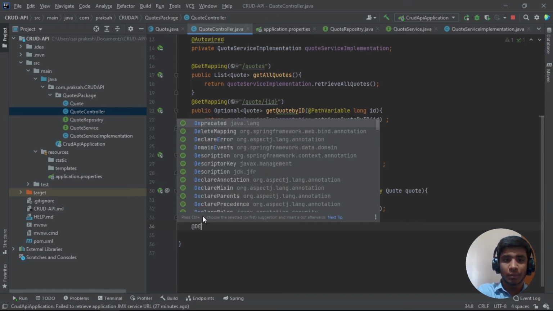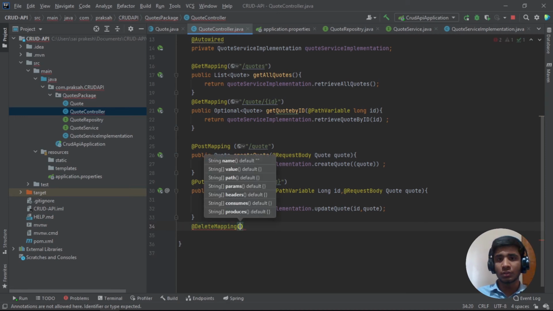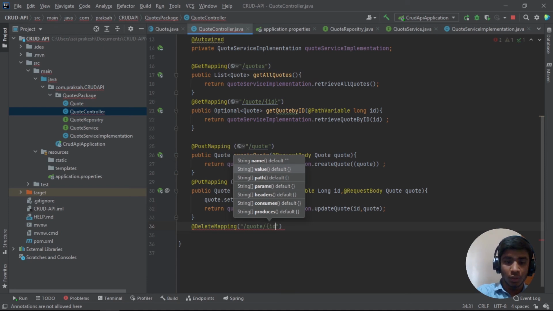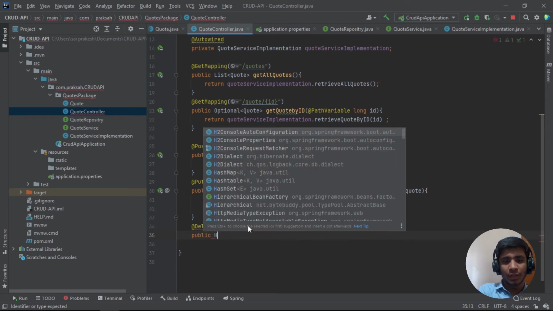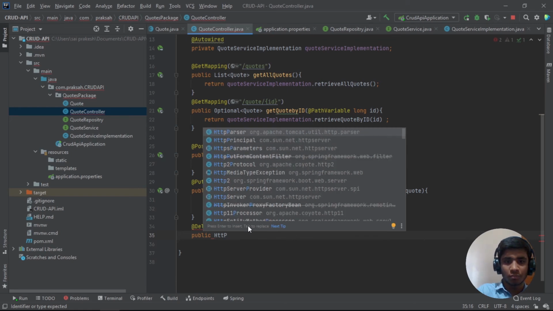So I think we have done everything, and yeah, I think we have to do delete as well. So at delete mapping, this is where we expect a user to delete a code from our database, right? Ideally this is not the case, not everyone will have the access, but for demo purposes, let's do that. So what is the path that we're returning? So slash code, right? And he has to pass id, the id of which thing he wants to delete. So once we have that, we're going to create a method for that. So public, and what should we return? I think we can return simply an http response,